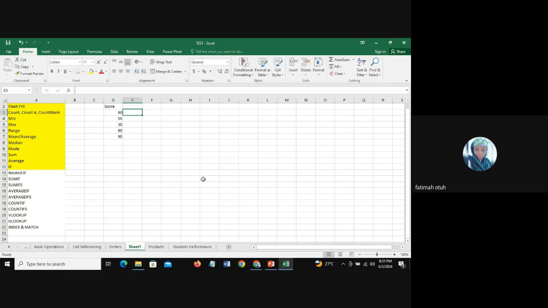So you use the if statement, which is a conditional statement. If you're writing any function or formula, always start with your equal to. So when you type equal to and type if, you see the if statement here. You just double click on it. Your logical test now is your conditional statement. We're going to start with this first one, this 80. If this cell, which is D3, once you click on it, you see D3 there. If D3